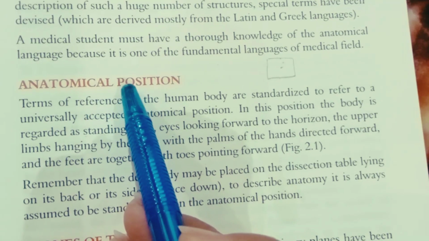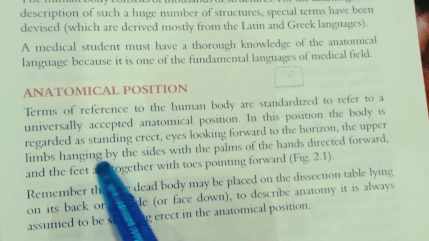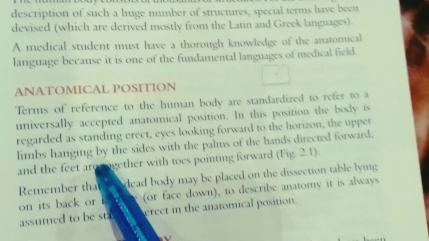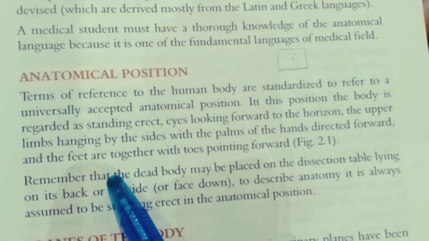What is anatomical position? In this position, the body is regarded as standing erect, eyes looking forward to the horizon, the upper limbs hanging by the sides with the palms of the hand directed forward, and the feet are together with